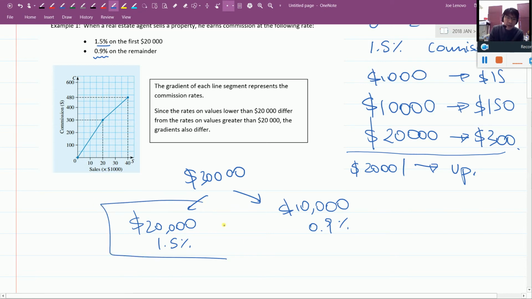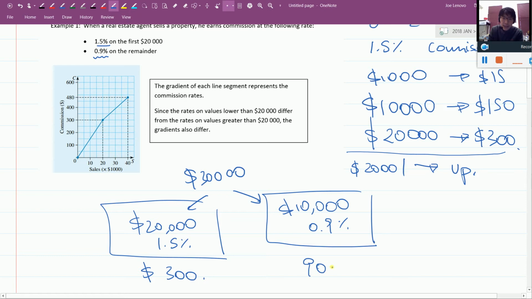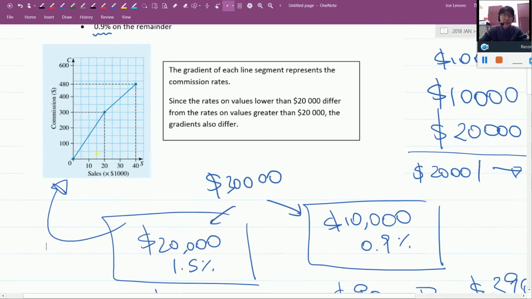For the first $20,000 at 1.5%, you have about $300 as your commission, and then everything above $20,000 earns 0.9%. 0.9% of 10,000 is about $90. So altogether, if you have a total sale of $30,000, then the commission is $390. And all this can be represented by a graph like this. So if you zoom in on the graph,